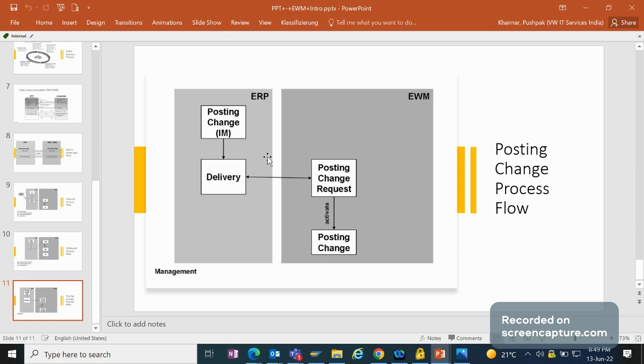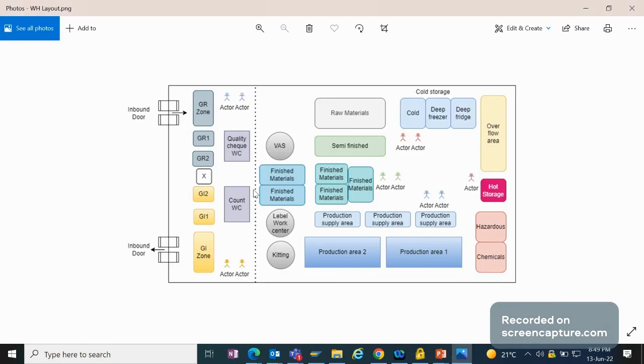Posting change means, if one bolt and the other is the chassis, then the chassis is placed on the other side. Let's take an example: the chassis is placed over here in that process. After that,